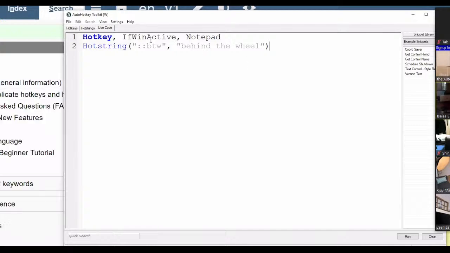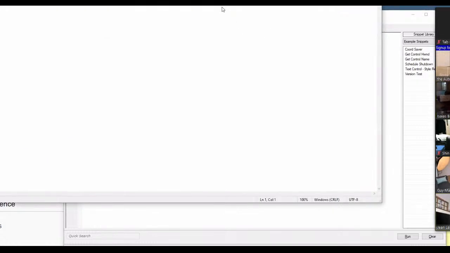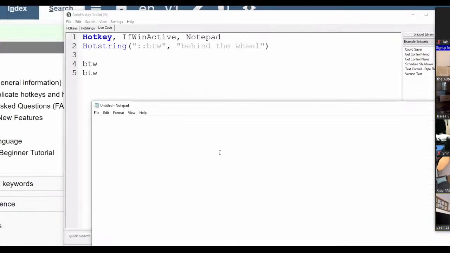Basically, that script right there should work. So if I say this and I say BTW space, nothing should happen. BTW tab, nothing should happen. If I open Notepad and I say it, then it should work. But, you know what? This one should not work exactly,